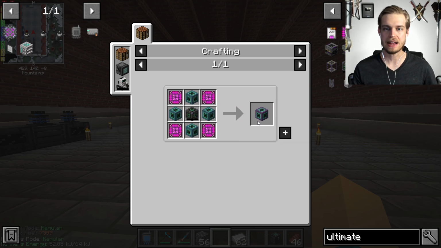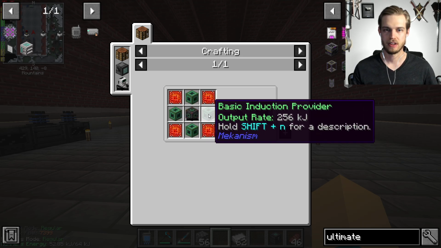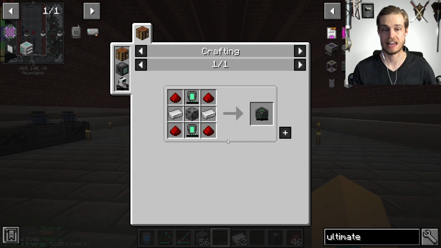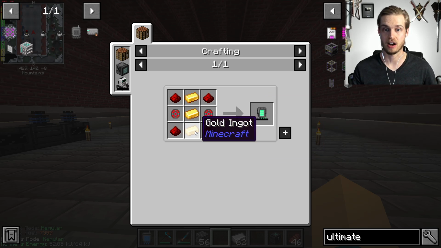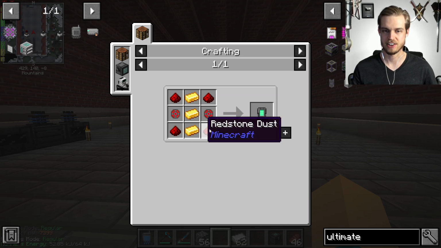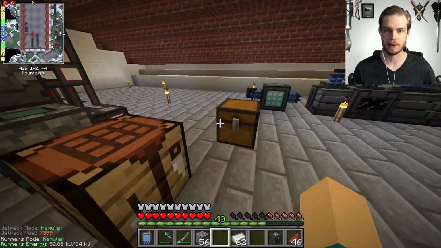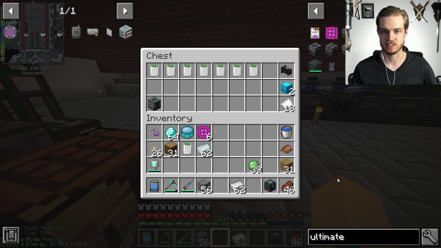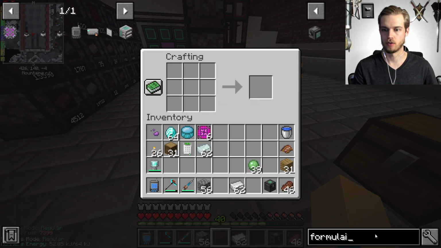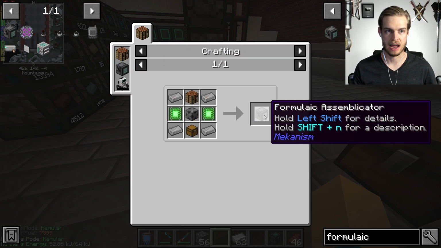So to automate this, we need to break it down to the very basics, right? We need to make the basic energy cubes, and we need to be able to make just as many as we can, really. But to automate that, we need to automate energy tablets. And I've already got an automation for infused alloy, so I should be able to work with that. So first things first, I need another formulaic assemblicator. I've only got one, so that's not cool. But we're gonna make another formulaic assemblicator right there,